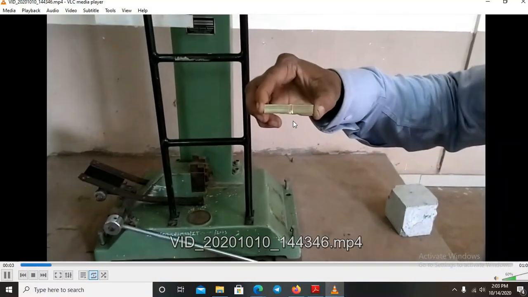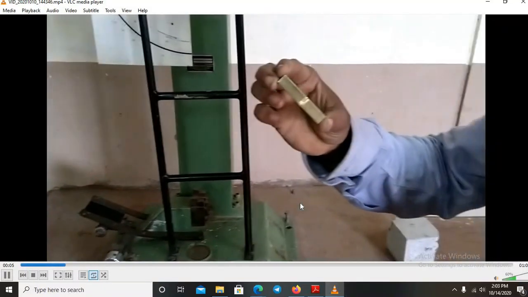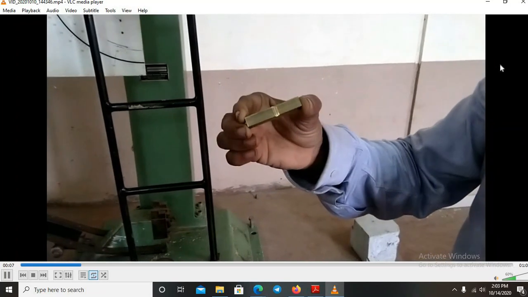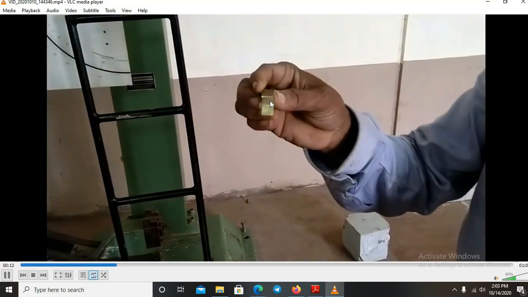So this is our brass specimen. हा brass specimen आपण घेतलेला आहे. हा brass specimen आपण वापरतोय. इथं तुम्हाला नॉच दिसेल बघा. You can see a notch over here. हा नॉच आहे. And then we are going to place the brass specimen in horizontal manner. अशा horizontal position मध्ये आपण हा brassचा जो specimen आहे तो ठेवणार. Okay, and then